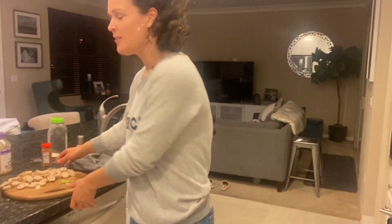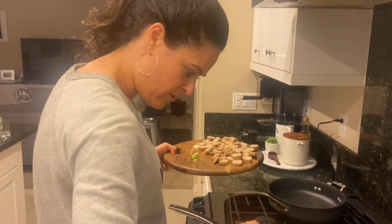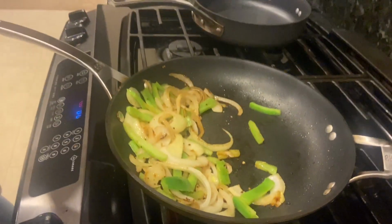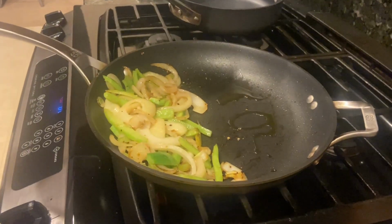I think we're safe to put the meat in now. You think so? How do you know? The reason why I know is because these are a little soft now. So you want to scoot it over to one side. Add a little bit more olive oil. Turn it up a little bit and then...